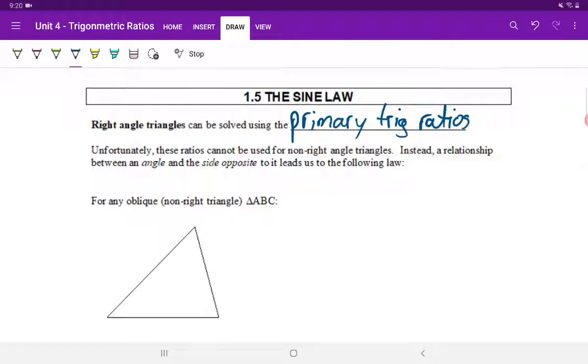Now, the derivation of the formula you can find on my website. I posted a link there that shows the derivation and where it comes from. All right, so I'm not going to bother right now discussing the derivation. If you want to look into that and where it comes from, you can see that on my site. But let's continue with